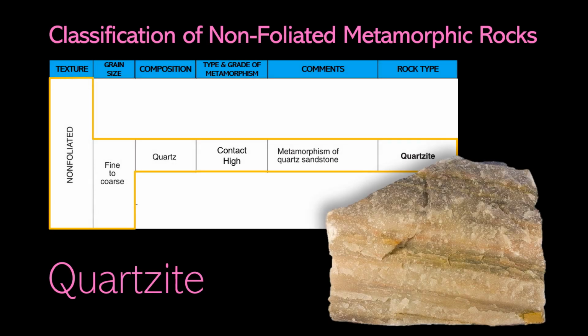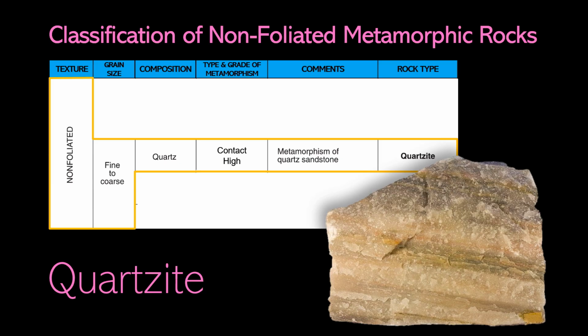Quartzite is a hard, non-foliated metamorphic rock that is primarily composed of quartz grains. It forms from the contact metamorphism of sandstone through intense heat and low pressure. This process causes recrystallization, leading to the interlocking of quartz grains and the elimination of any porosity found in the original sandstone. Whilst quartzite is mainly composed of quartz, typically over 90%, it may also retain minor amounts of other